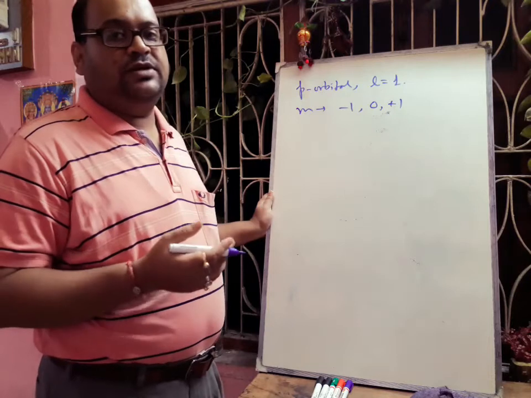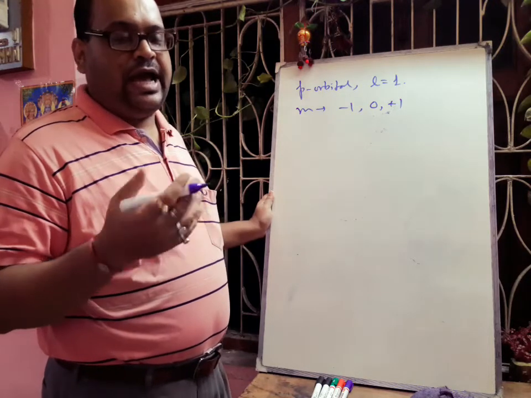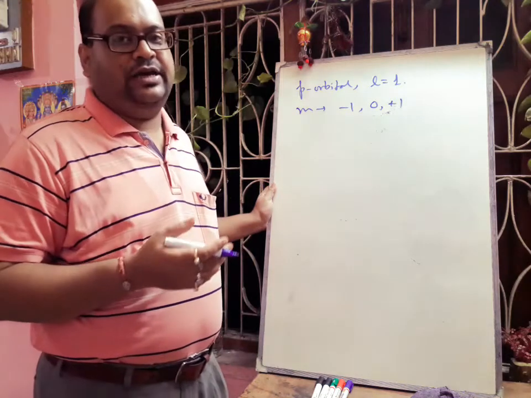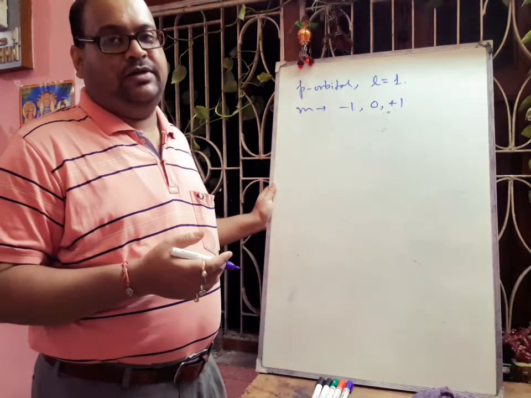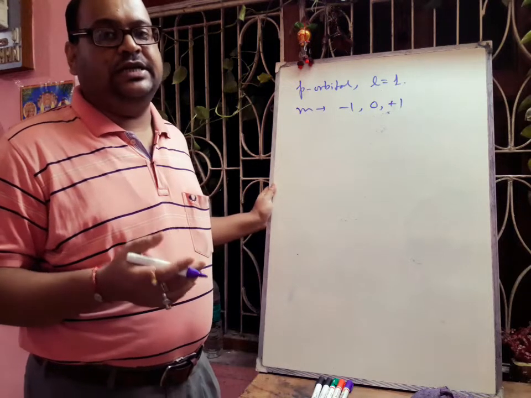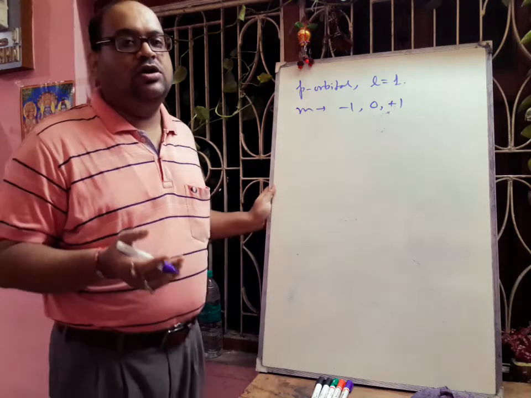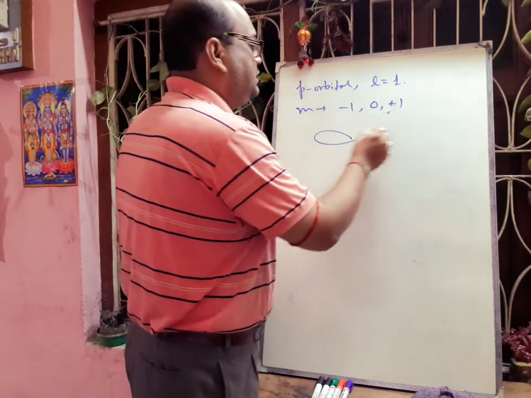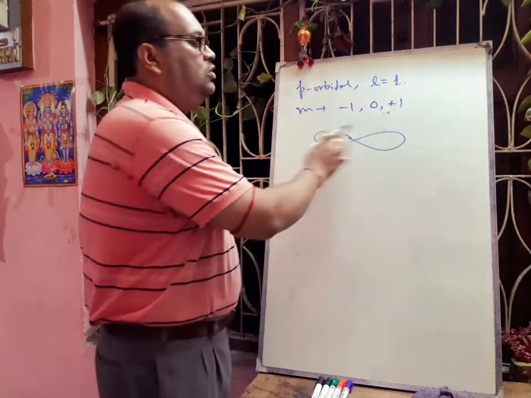For the probability of finding an electron, there will be one along the x axis, another along the y axis, another along the z axis. Actually they are mutually perpendicular. So these orbitals will be named px, py and pz. Each orbital may be thought of as consisting of two lobes. If we draw one p orbital, then you can understand. This is a dumbbell shape, two lobes are present.